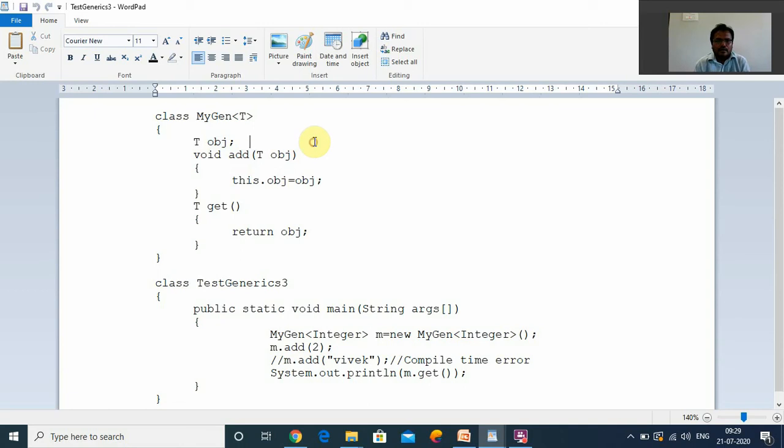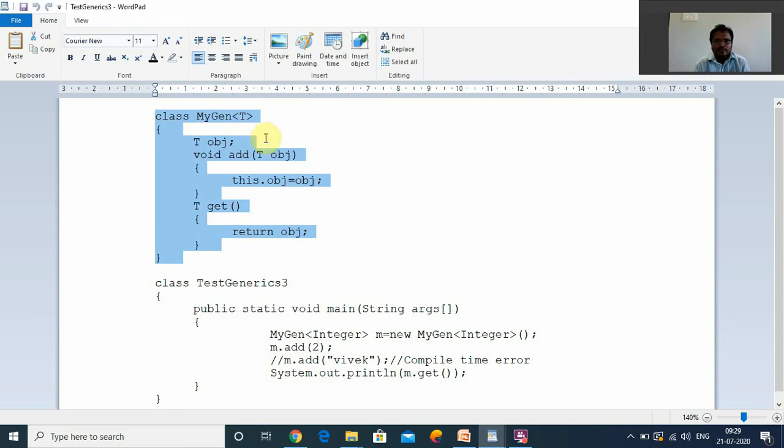And what type of values are we adding into this class? T type, T obj, so we have an add method. And what type of values are we extracting? The get method's return type is T type. So that is the concept here. We are not memorizing anything. Based on the concept only, we are creating this example. This is the definition of a generic class.